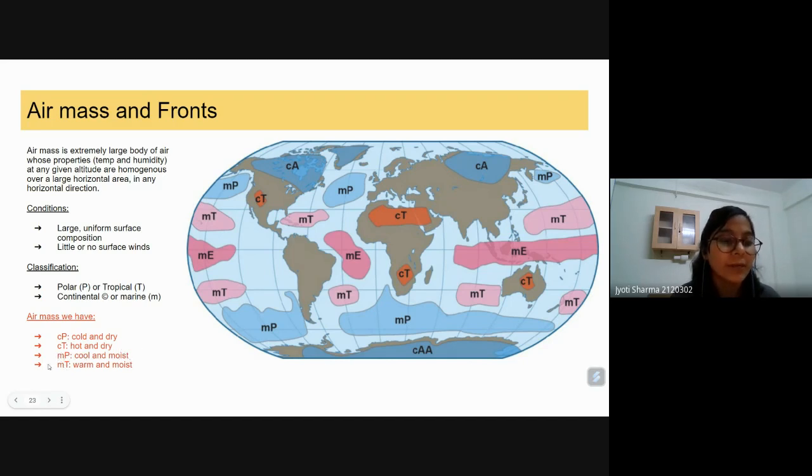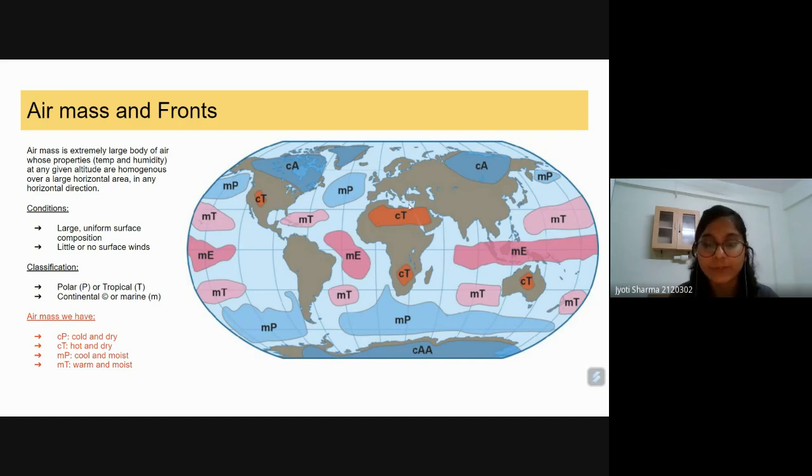If it is marine and within the tropical region, then it will be warm and moist. So here we can see, this A is the Antarctica region. If you are not understanding it, here is Antarctica, and here M means equator. So we can see there is a large number of air masses on our earth,